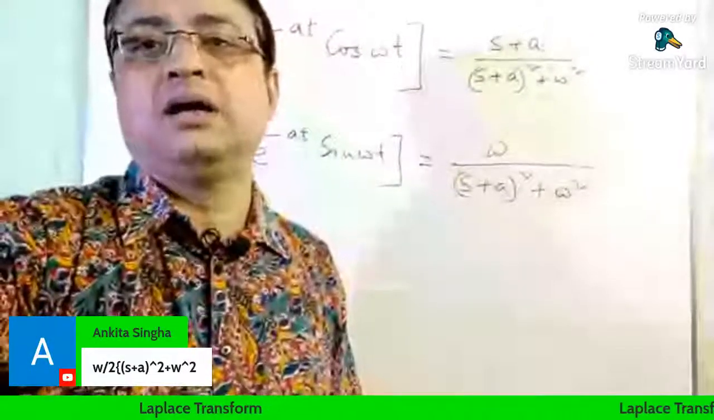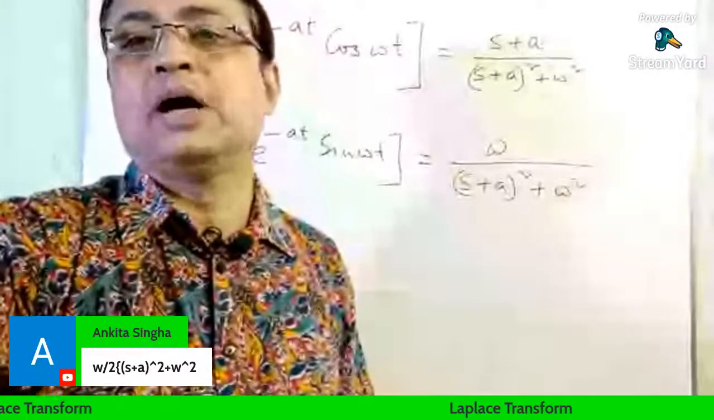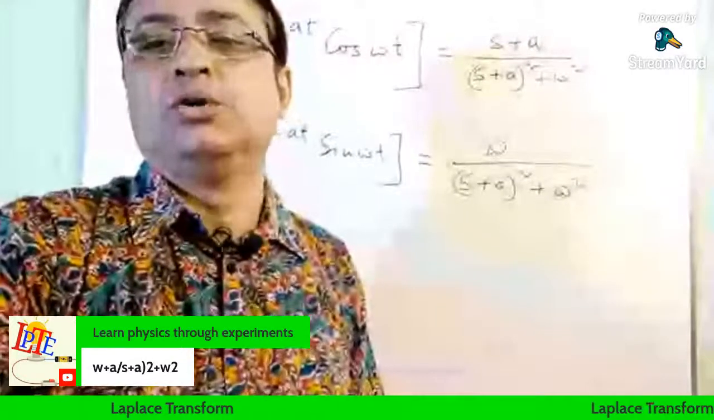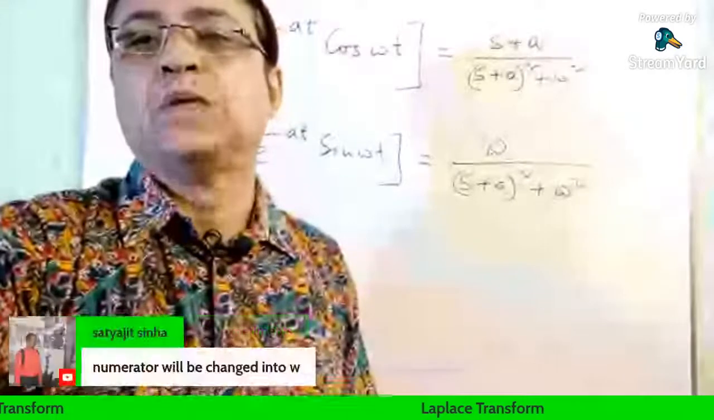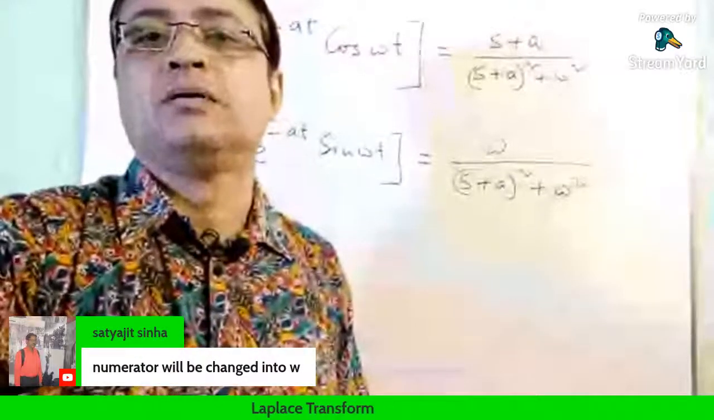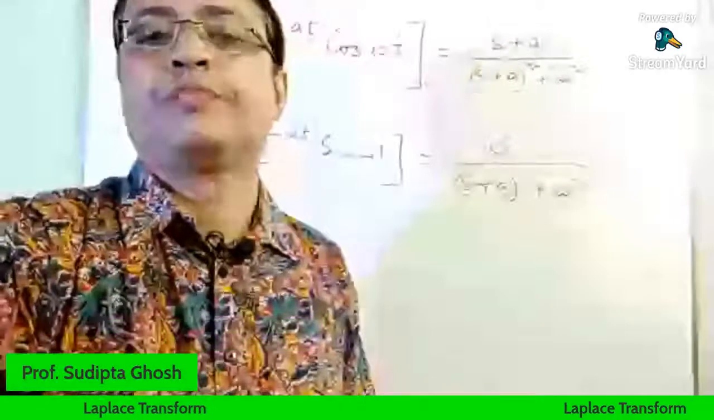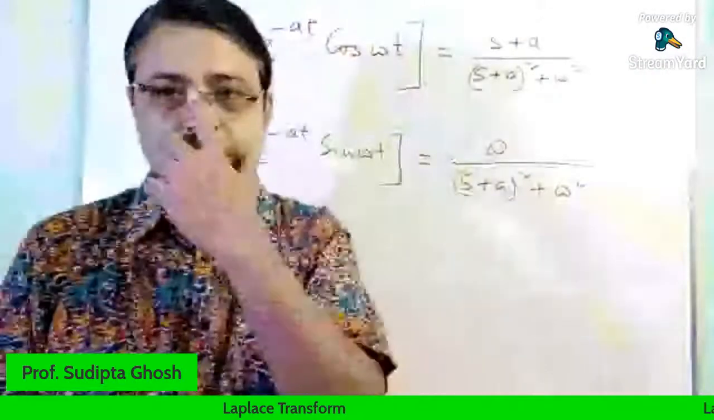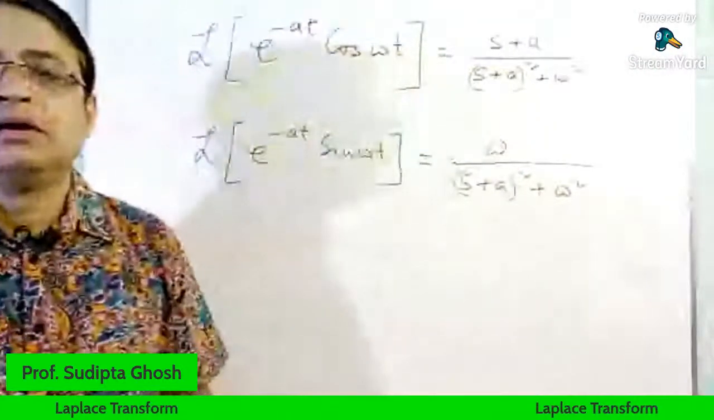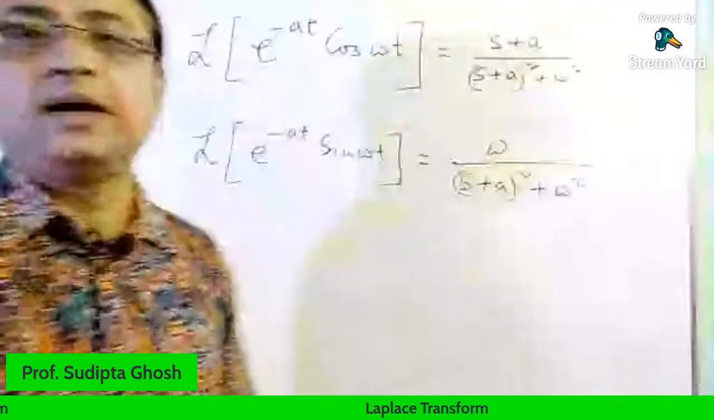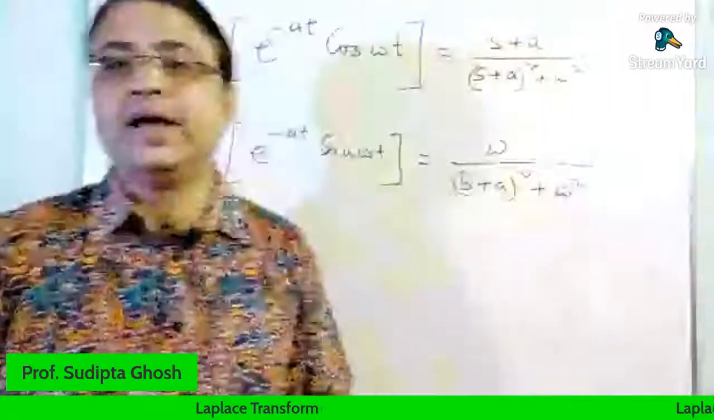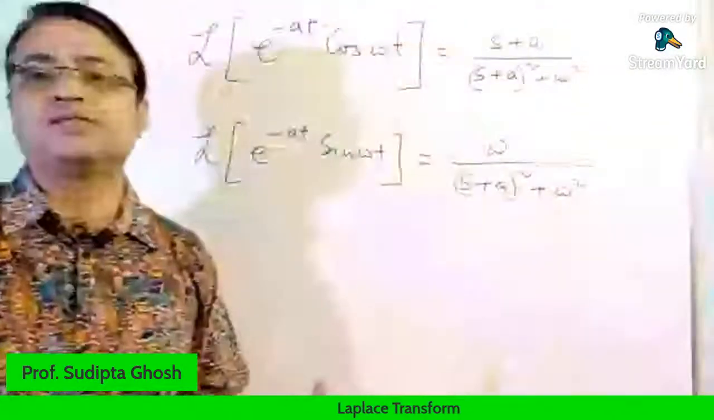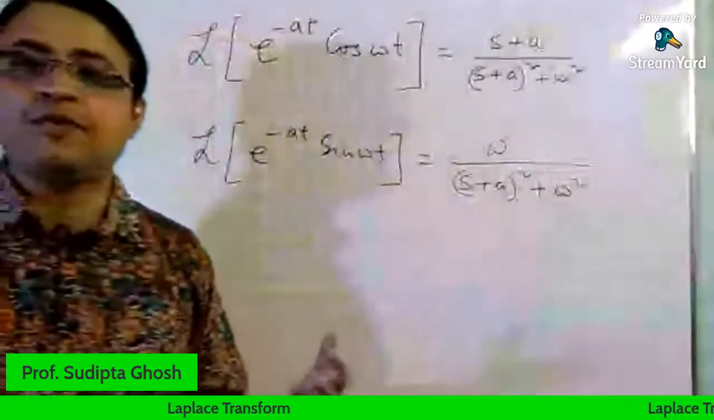Ankita, slightly wrong. Omega plus a, no. Ranjit, that is not the value. The numerator will be changed into omega. So this is the value. I think you all can understand that this is the way in which this exponentially damped function, or the Laplace transformation of exponentially damped functions,